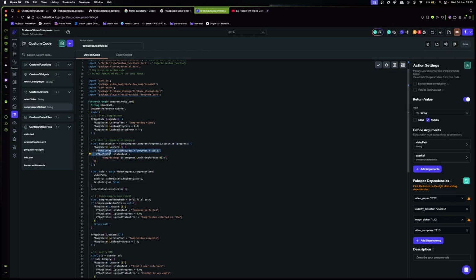So we're saying if app state, upload progress, right? Which is our app state. And we're saying the progress needs to be divided by 100 because we need to get a value that is between 0 and 1 as the upload progress. So from there, we just update also our status text to be compressing and then the progress value to string as fixed percentage, right? Just that. So I will show you again. We will add another one so that you can see how this thing looks and why it is done in this space.